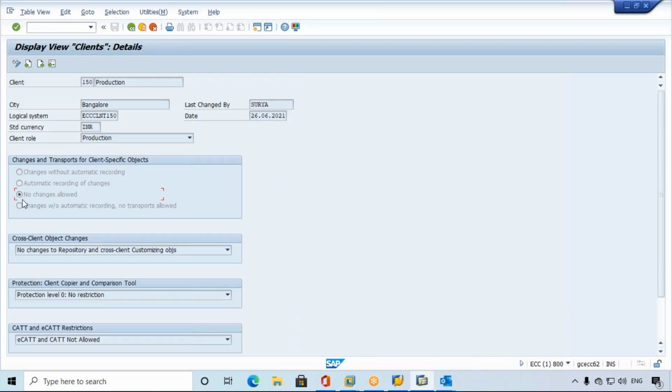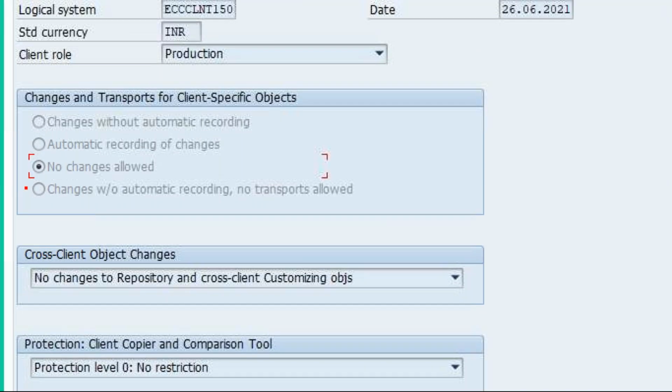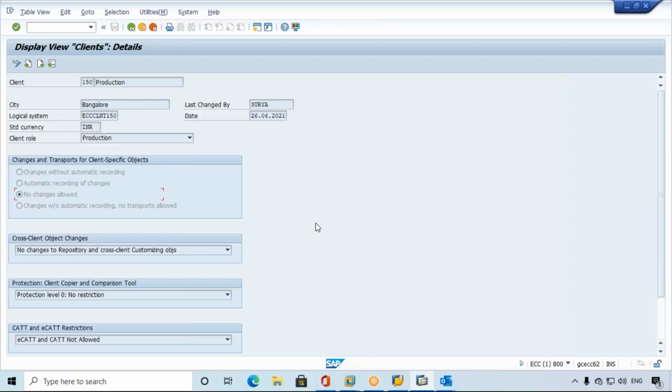the production system, because this is production, no changes allowed. You can observe here that changes are not allowed. If you want to do anything, it's not allowed in client 150. Presently we are in 800. Once we log into client 150, no changes are allowed. So we need to open the client. How to open a client? Presently the client is closed, meaning no changes allowed. So I'm going to open a new session